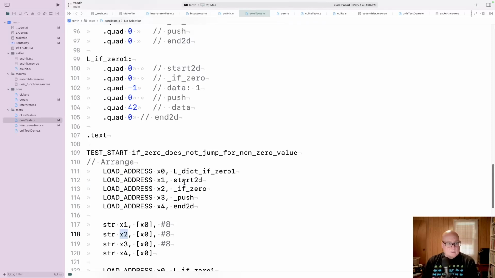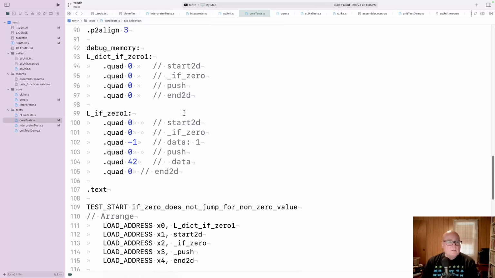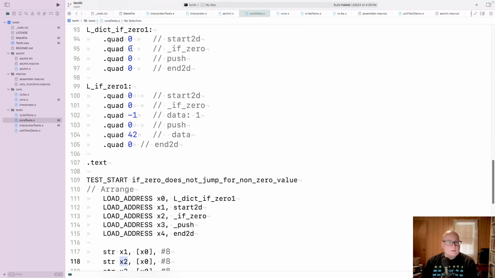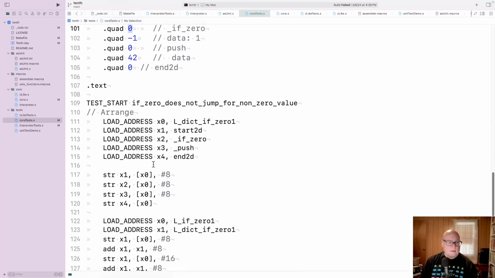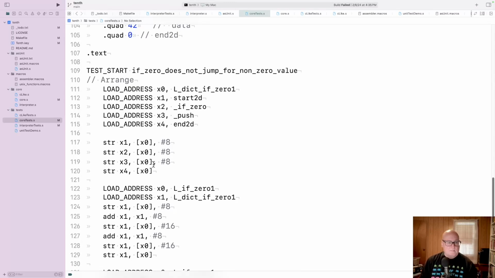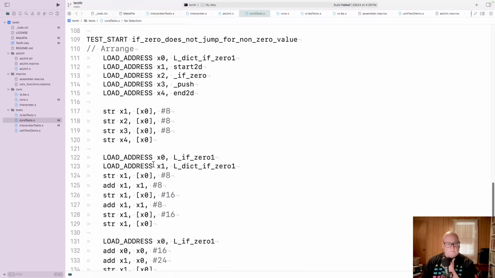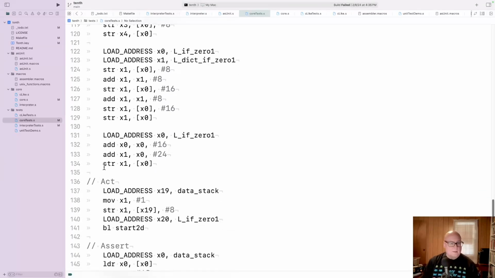So first we store start 2D, then if 0, then push, then end 2D. Okay, so the address should be in there, and then we're calling it here. But